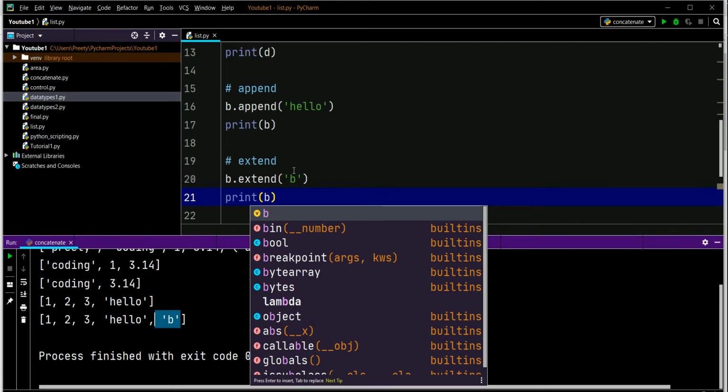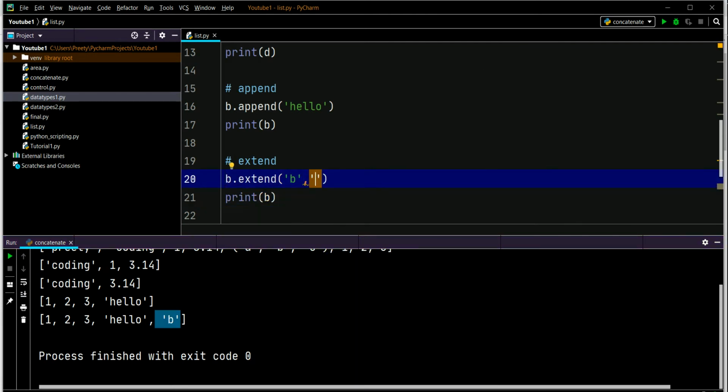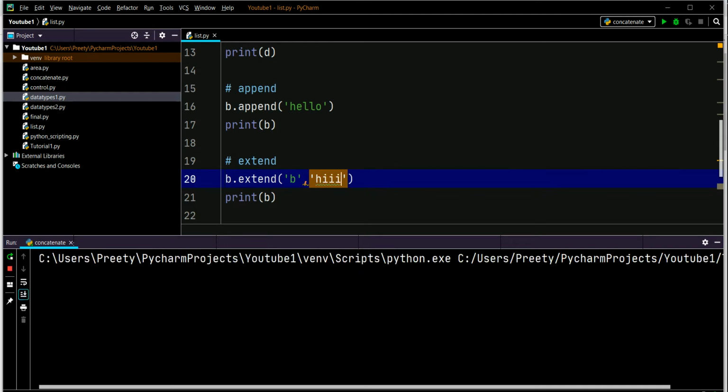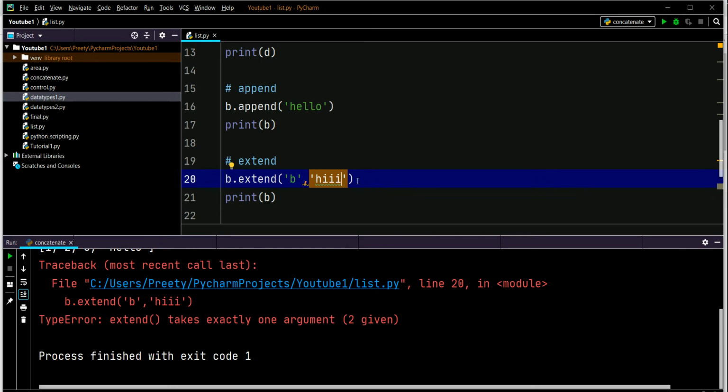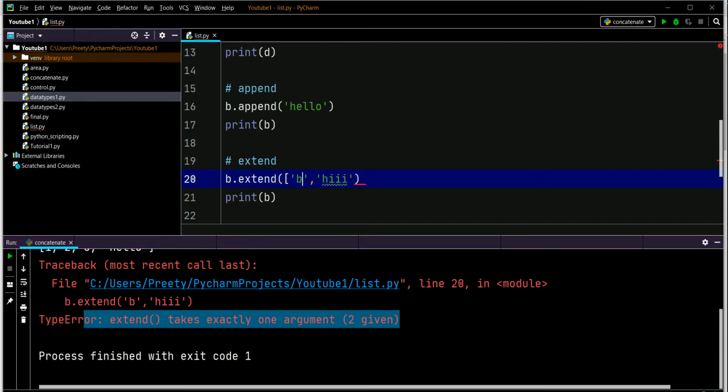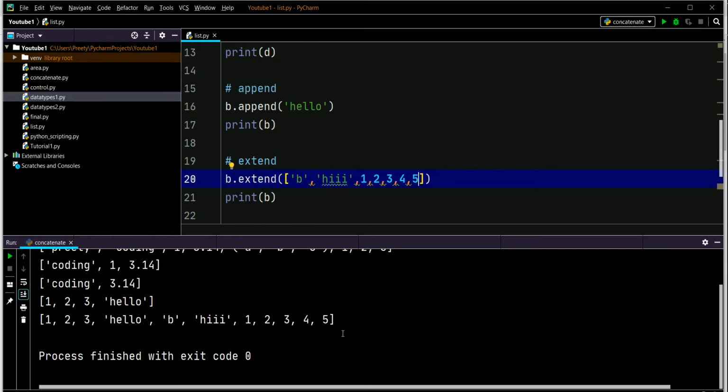See, b is added. Now, let's say you want to add multiple values. Extend takes only one argument, but you can give multiple values. How? You can put them inside a list, like 1, 2, 3, 4, 5, and assign them, and see, all the values got added into your list.